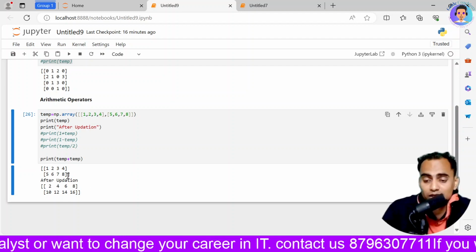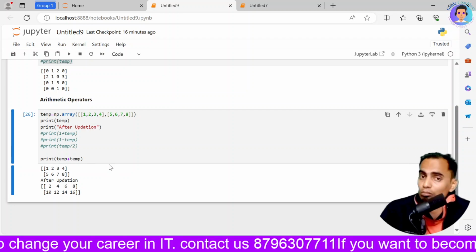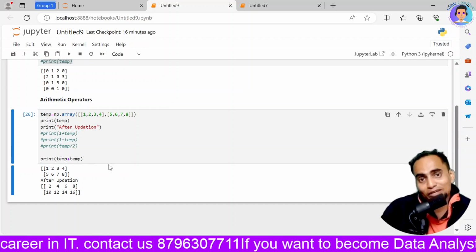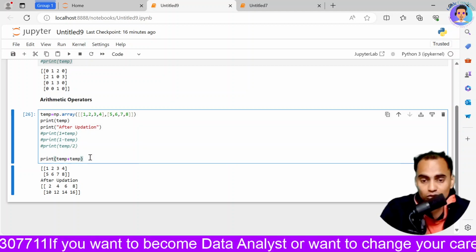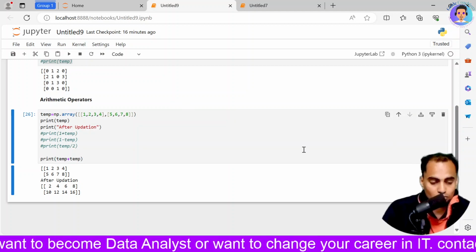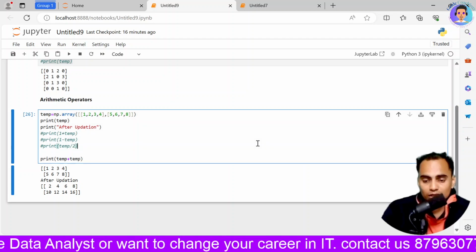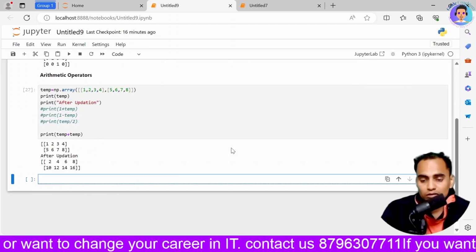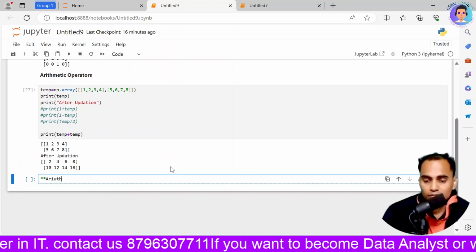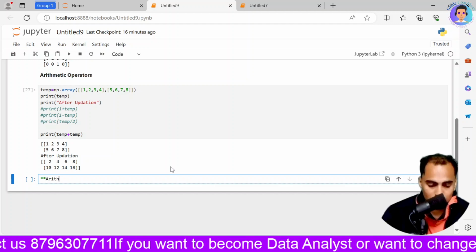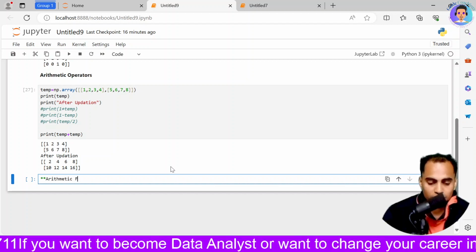So it becomes very simple for you to add it, but there is a simpler way you can do it with arithmetic functions. For doing that, I will go to the next line, click over here, press Ctrl+End, and then write arithmetic functions.